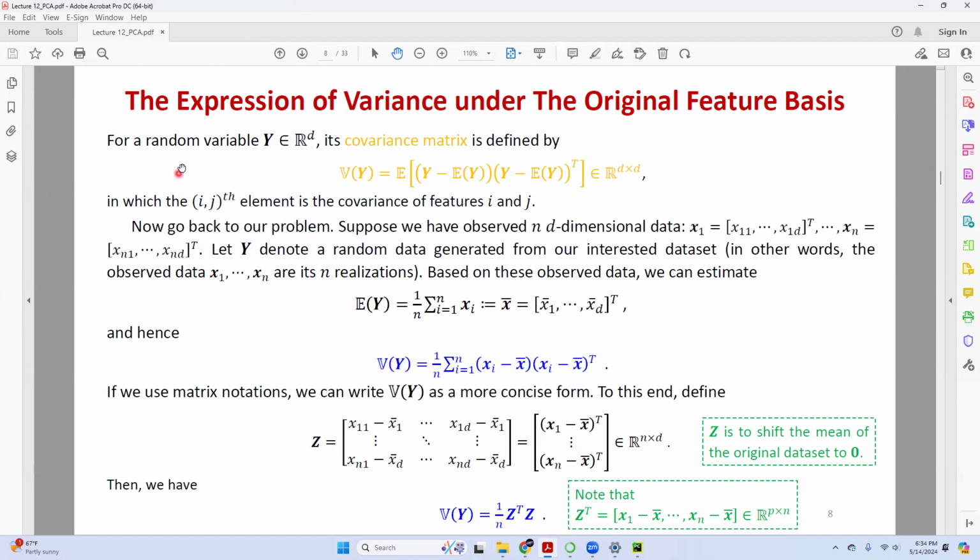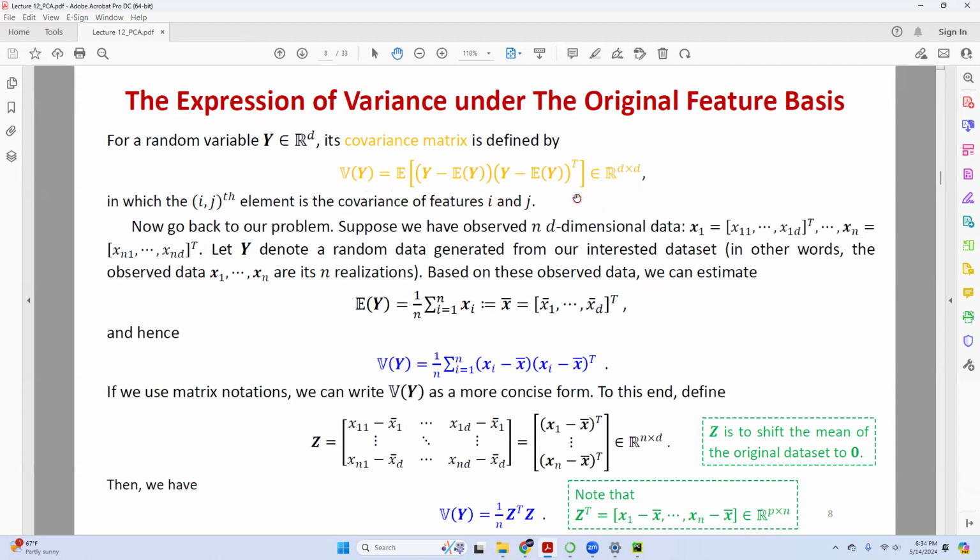And here are some notations for random variable y. The reason I use y instead of x is because I need to save x for future use. So variable y, which is d-dimensional, its variance can be calculated in this way. Again, be careful: when I write the capital letter, that means it's a random variable. So Vy is defined this way.